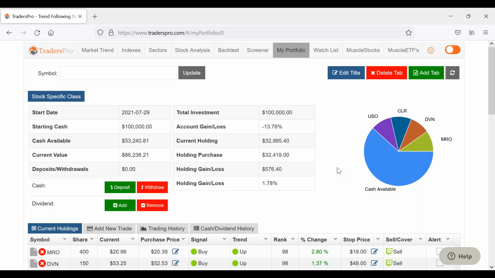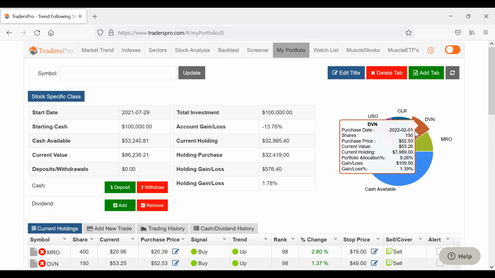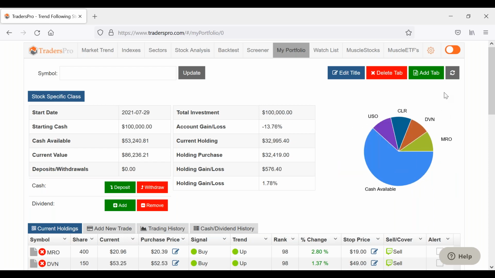So if you see me doing something like this and you disagree with that, you say, I just don't think that's a great idea. Well, you could also modify it. Maybe you have just one oil stock right now and the rest in cash, or 2 and the rest in cash, so that you're not exposed if it does start to drop, because you have all of it in one sector.